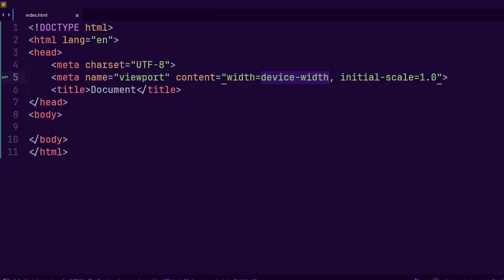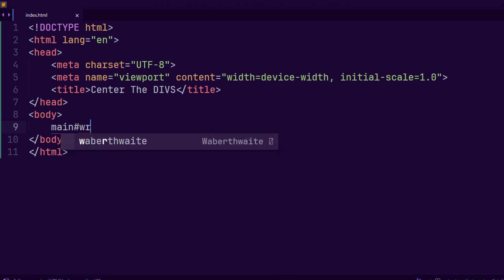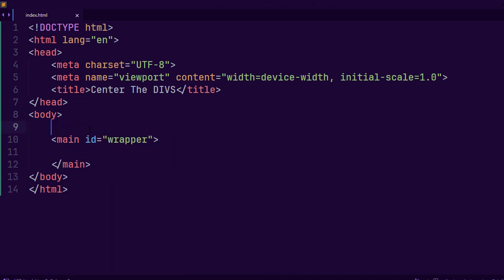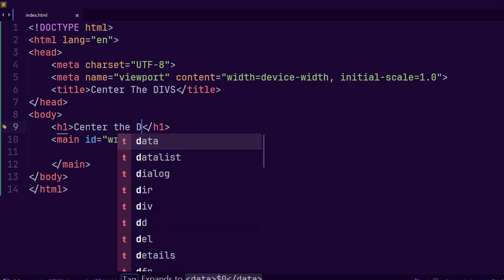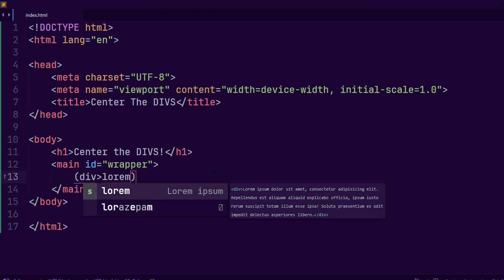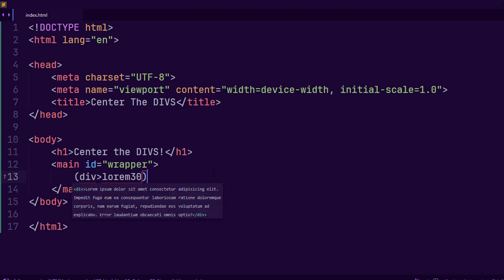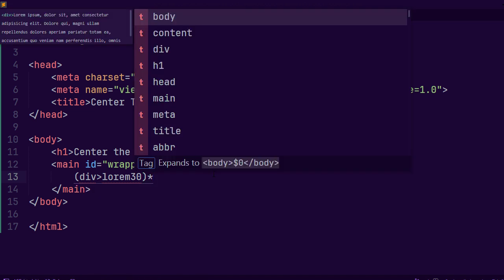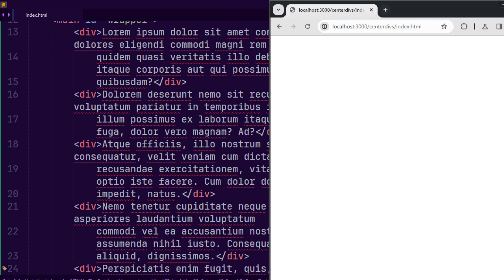So let's create a new element. Div. And let's create the wrapper. And inside the wrapper, we're going to add some divs with content. Okay, 30, and let's add 5 blocks. You save, and